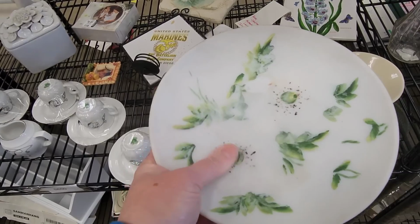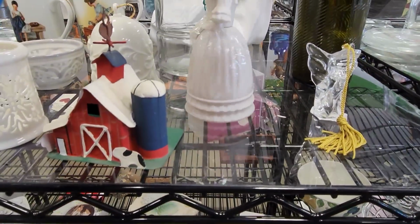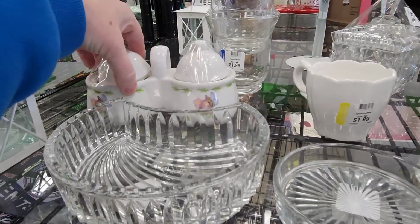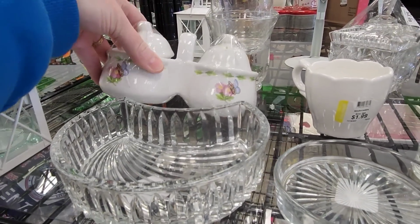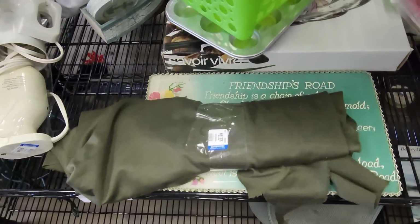It's like a custard glass. It's different. This is Avon. Yes. This might be Hallmark. Price $10. Brand new. $9.99. This one is